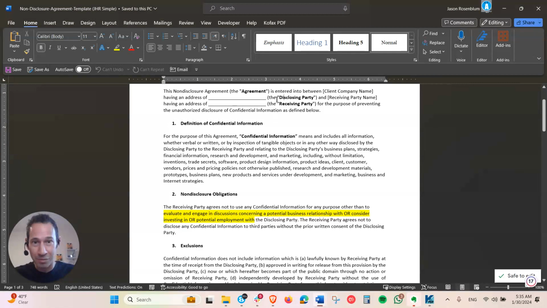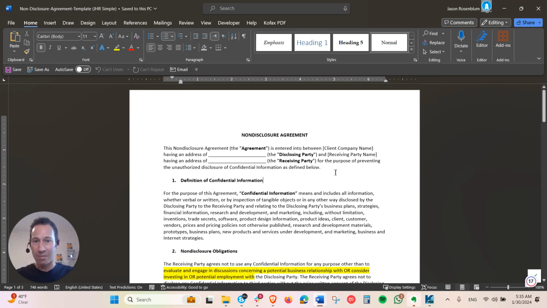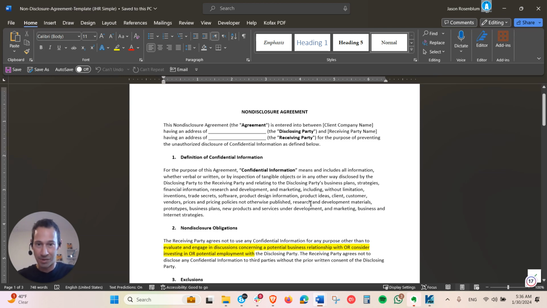So first is going to be who's the disclosing party, who's the receiving party. So this is a unilateral. This is not mutual. Sometimes in a mutual one, it will say who the two parties are, and then just say whoever discloses confidential information is deemed the disclosing party, and whoever is receiving for that. But either party during that mutual non-disclosure could be the disclosing party or the receiving party, or vice versa.